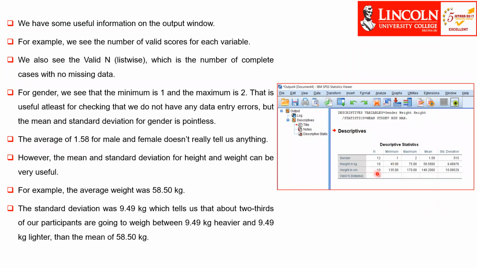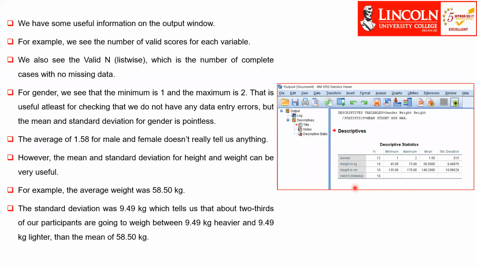For example, the average weight was 58.50 kg. The standard deviation was 9.49, if you approximate it to 2 decimal places, which tells us that about 2/3 of our participants are going to weigh between 9.49 kg heavier and 9.49 kg lighter than the mean of 58.50 kg. That is the interpretation of